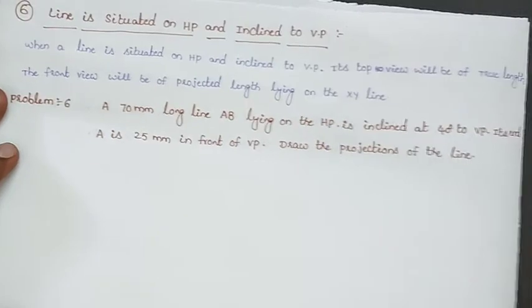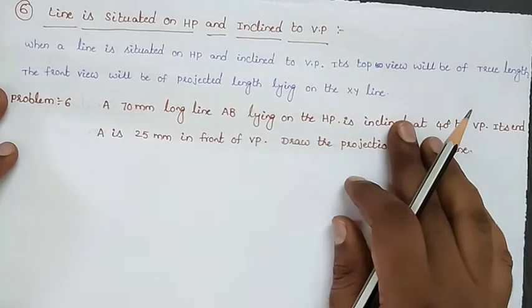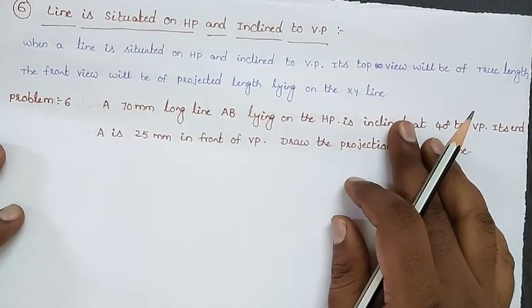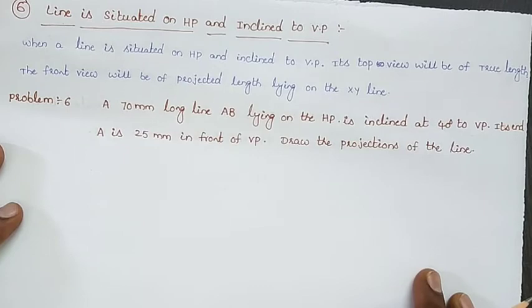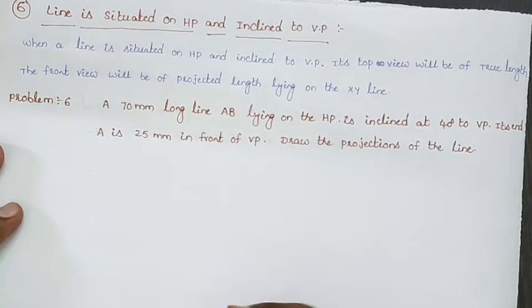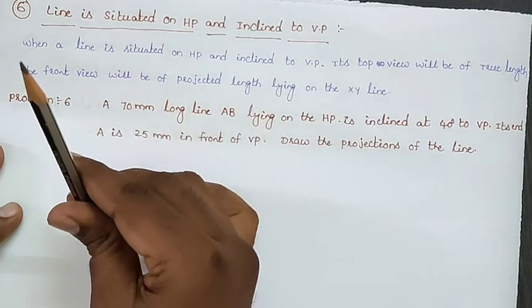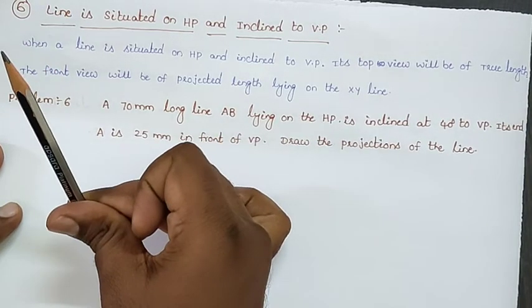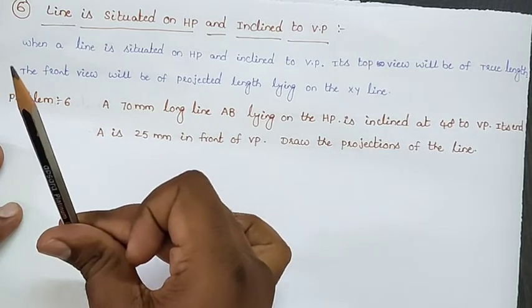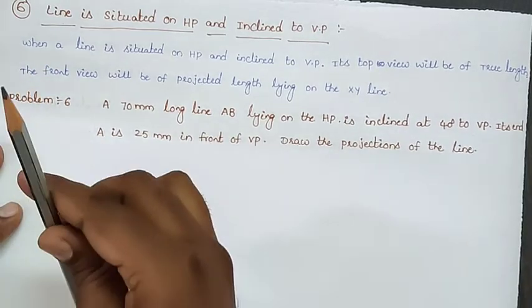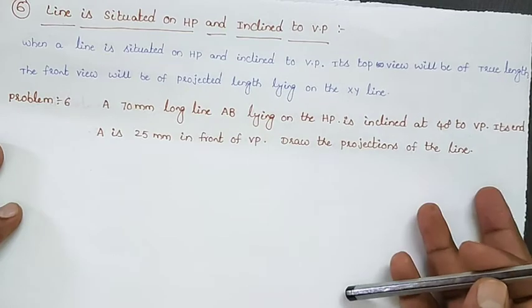Now, a line situated on HP and inclined to the VP. If a line is situated on the HP, means on the reference line, and inclined to the VP, how will we draw the projection? Whenever a line is situated on the HP, means on the reference line, with an inclination with respect to the VP, in this position,